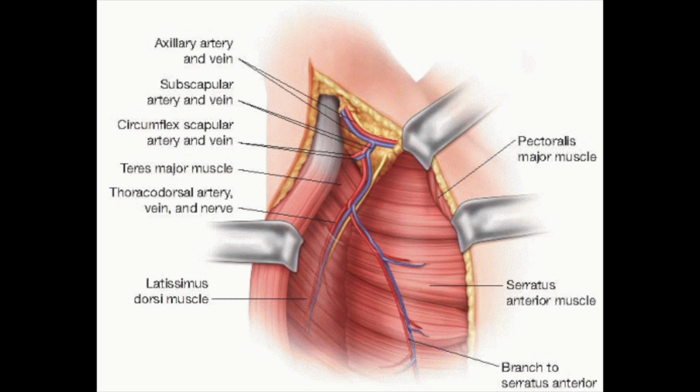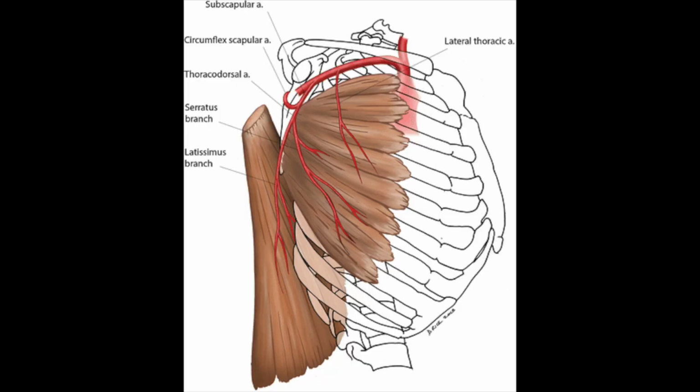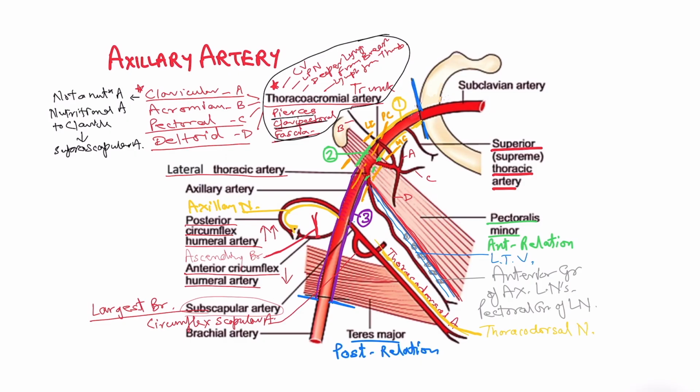to latissimus dorsi. But remember, in its course, it also gives branches to the underlying muscle on the lateral side of the chest wall, and that is serratus anterior. So the thoracodorsal artery provides blood to serratus anterior, but mainly the major portion of this artery provides blood to latissimus dorsi. One more thing I'm reminded about is that along this subscapular artery, of course, there will be a parallel vein, and this parallel vein will be the subscapular